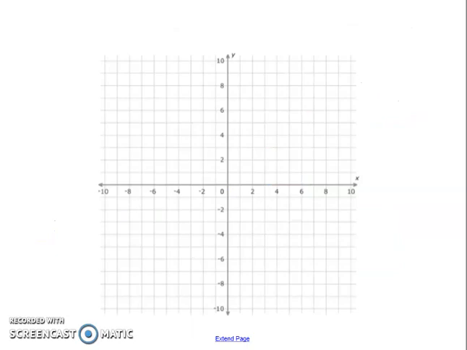All right, so if we think about this graph, if I graph f of x equals x squared, we know that this graph looks like the basic parabola with the vertex at 0, 0. If I plug 1 in and I square it, I get 1. If I plug 2 in, I get 4. If I plug 3 in, I get 9. If I plug negative 1 in, I get 1. If I plug in negative 2, I get 4. If I plug in negative 3, I get 9. So we know that